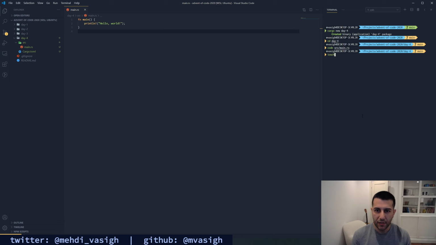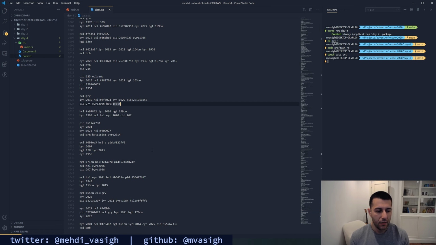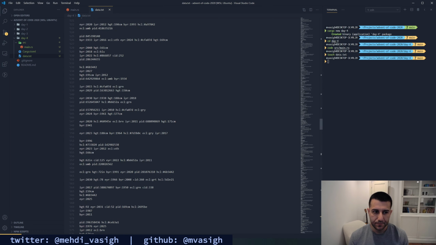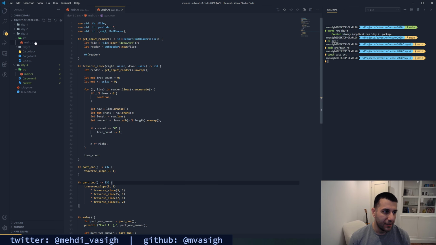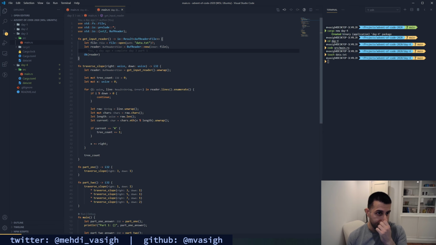So I'm going to create a data.txt file in my day 4 folder right here. Wonderful. And then one thing I did yesterday was I used the BufReader type to basically create a reader over my input file. This was actually awesome for yesterday's thing, which was that it would basically allow me to have